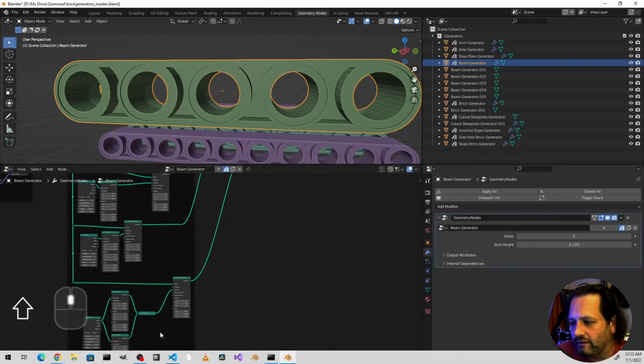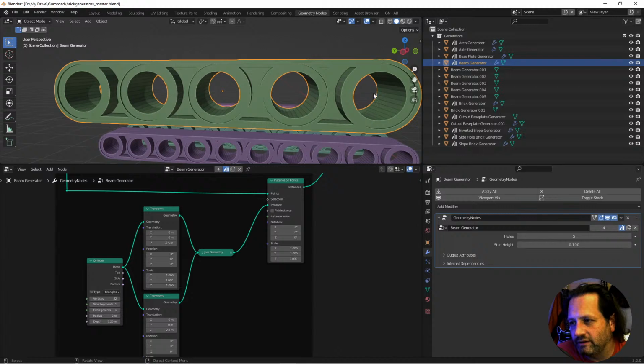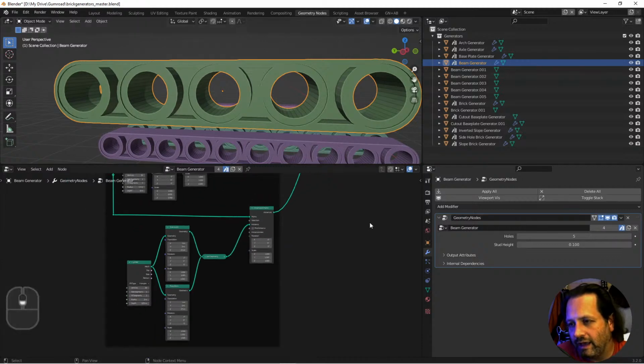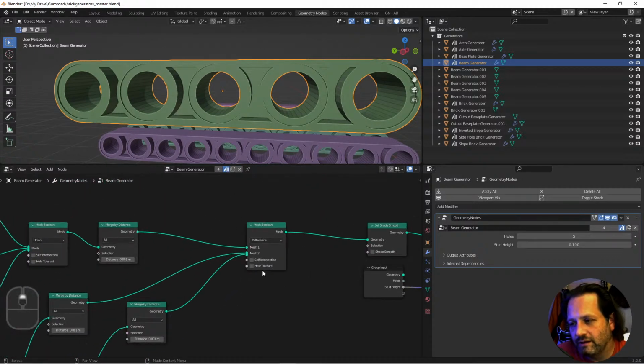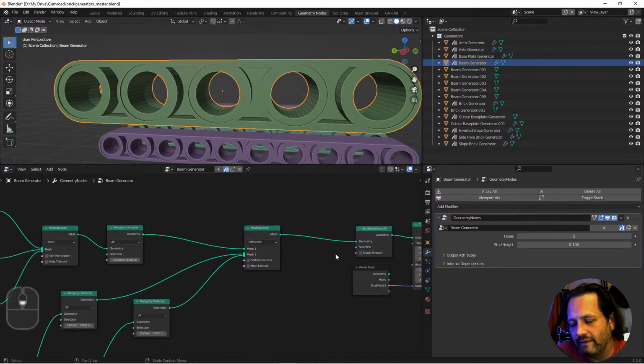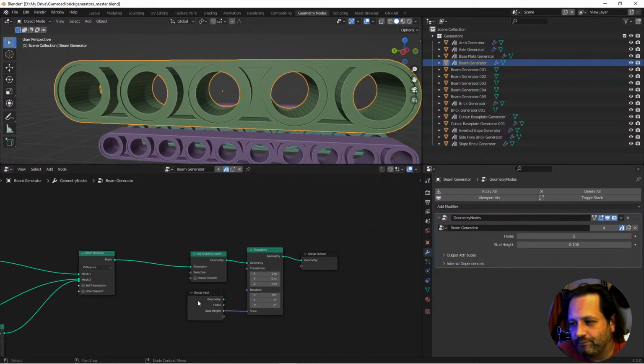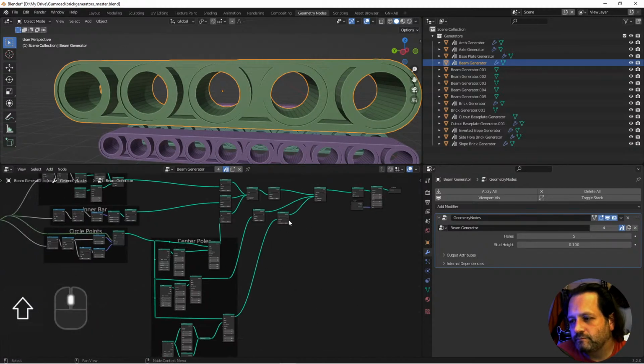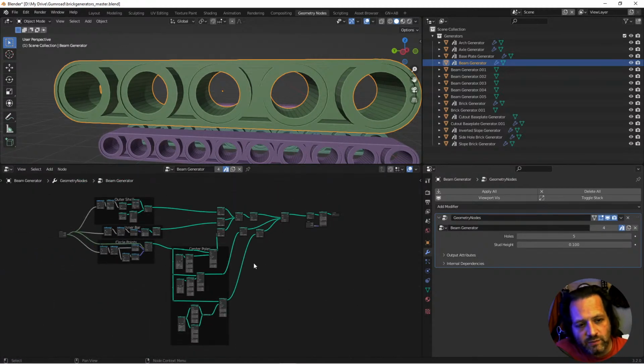And then finally, I do a pair of cylinders which create these little end cutouts that you see, and then apply that to each one, and use those in this difference as well, and that gets cut out. And then here at the end, I do the scaling for the stud height. So that's basically the idea that I had with a lot of these